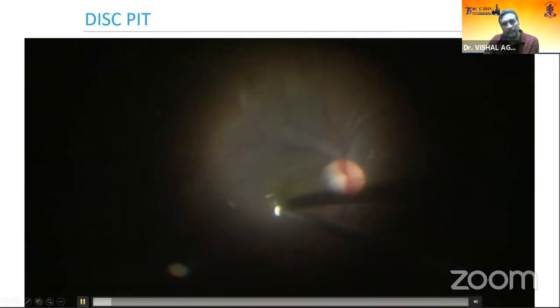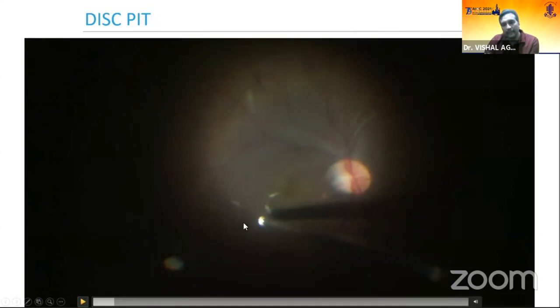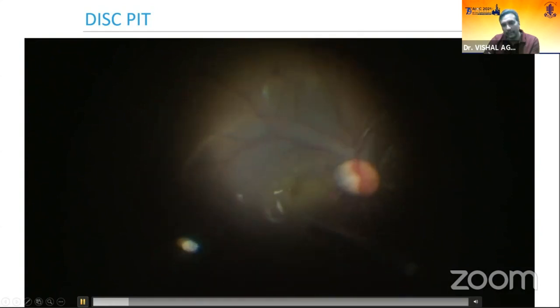This was an interesting case of optic disc pit in a pediatric patient. The patient was a 6-year-old, and there was residual suction of the cutter after stopping the cutting. So there was a residual suction even after lifting the foot switch off, and you can see at the optic disc, there is fluid egress from the pit when there is hypotony in that case.